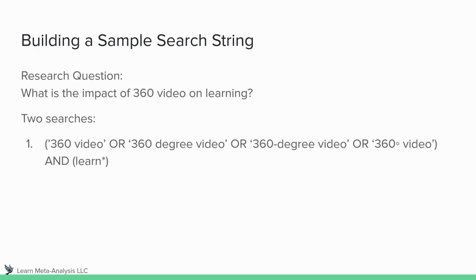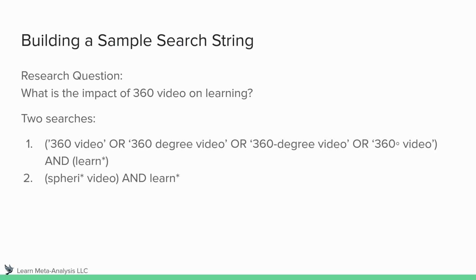However, with this study, we realized a problem as we started reviewing the papers that are coming up and seeing the search string, and we realized we had made a mistake. We had missed a key term, and that key term was spherical video. We found a number of studies that talked about 360 video, but they called it spherical video. So what we had to do is go back and run another search using the term spherical